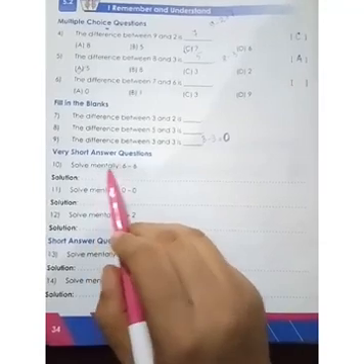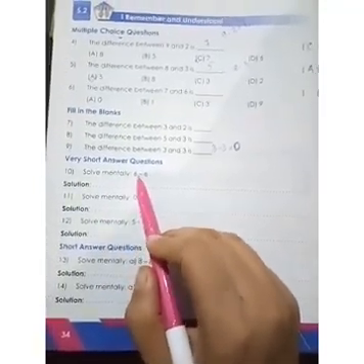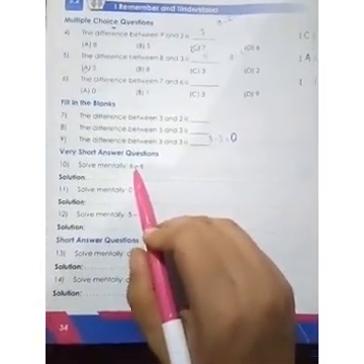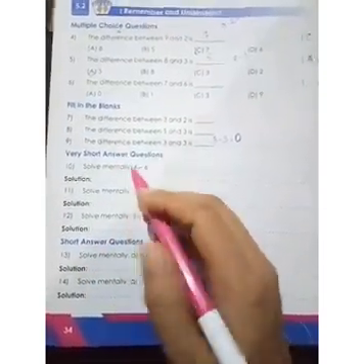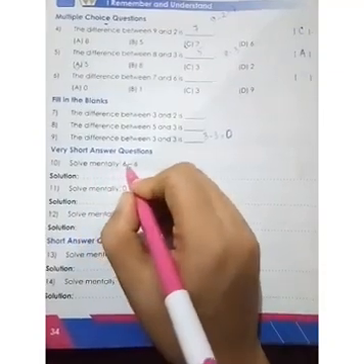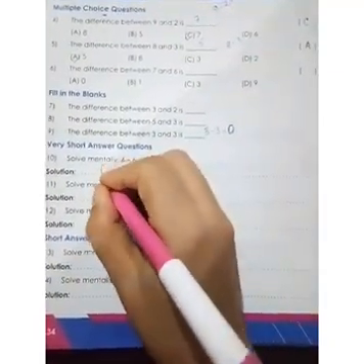Question is about solving mentally. Okay, so we know how we have to do mentally. The bigger number in the mind and the smaller number in the fingers. Okay, so what is given here? Solve mentally 6 minus 6. Okay, so I'll write the question here.